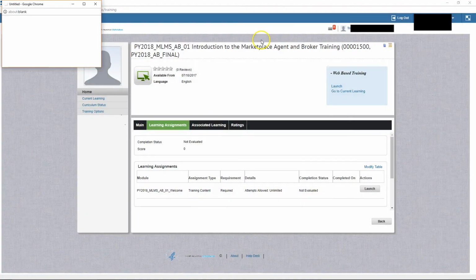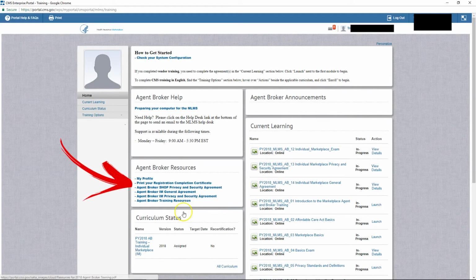Once you're done, you're going to log back out, eventually to come back to the home page of the training section, which is where you'll print out your certificates. All the companies that we work with will require that you submit your training certificate, and here is the number for CMS. If you need help, you can reach out to them, or you can call us again at our office,